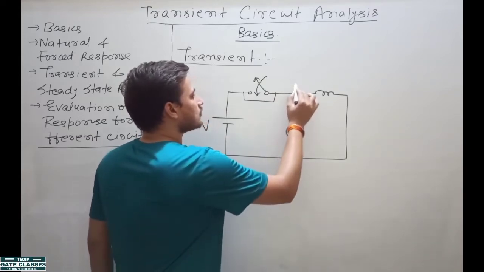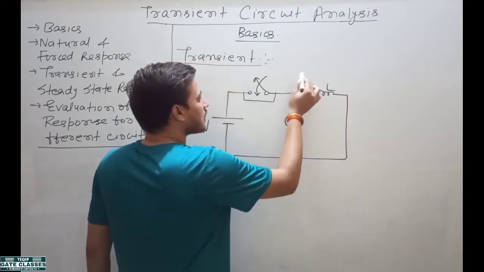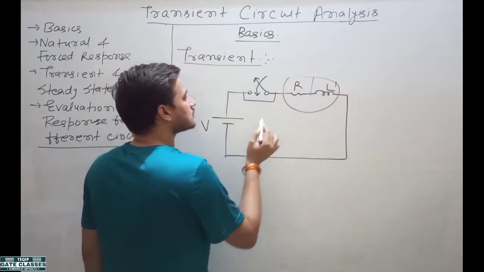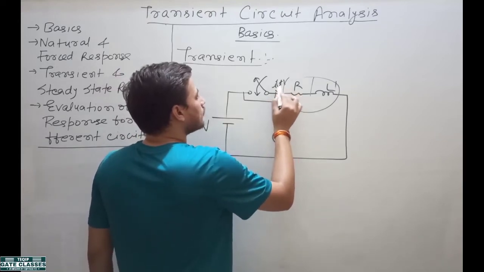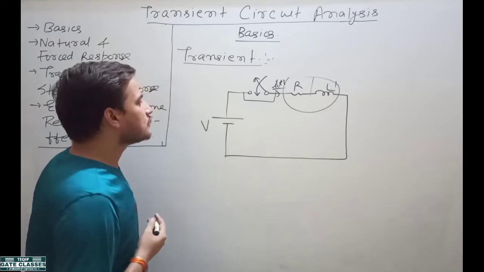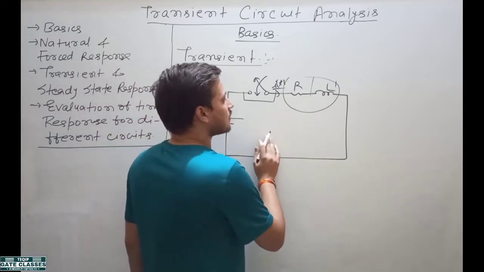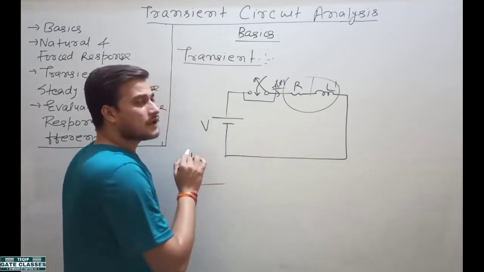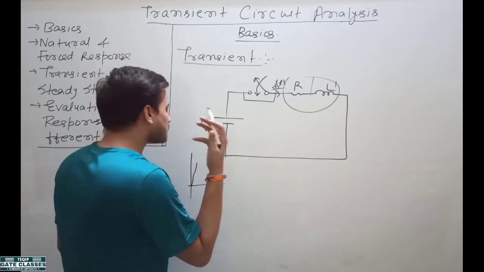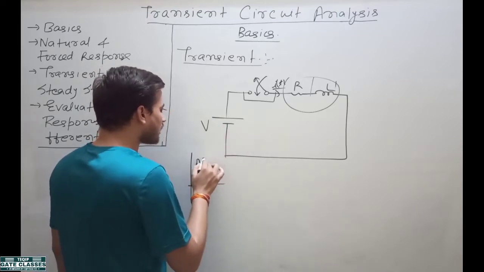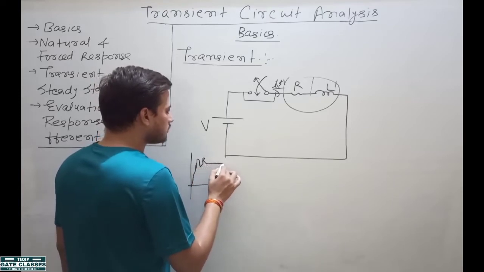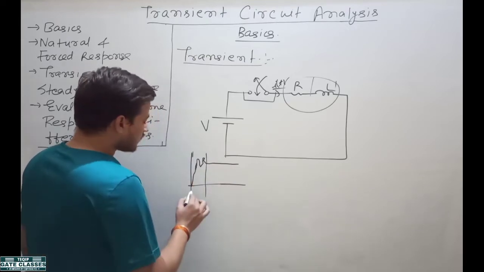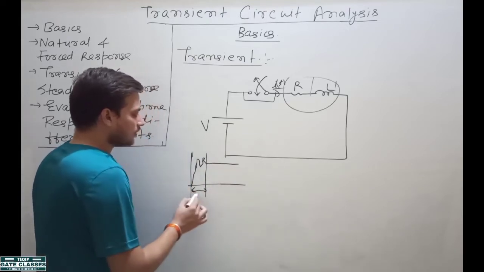So when the circuit will be closed, you will see that initially the current was 0, voltage across the inductor was 0. So now when the switch is closed, a current i(t) will start flowing through this circuit. Now what will you see? You will see that initially the current was 0. When the switch is on, now what happens? That current starts increasing. And in some kinds of circuit, you will see that current is fluctuating like this for some period, and then current will settle to a new value. So this period is called transient period.